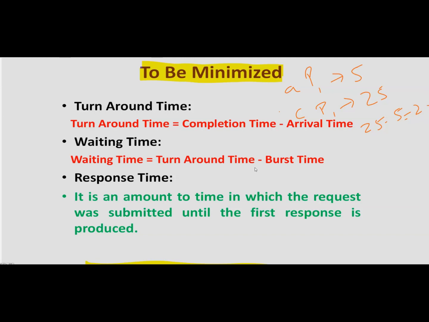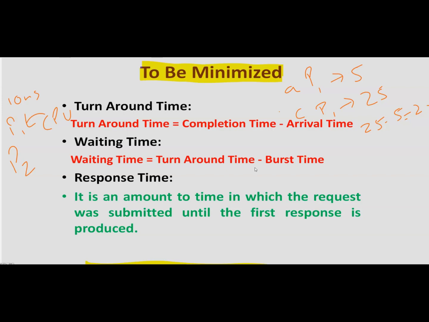Next term we are having is the waiting time. So what is this waiting time? Waiting time is the average time a process spends waiting. Let us take another example. Suppose the P1 process comes and its burst time, or execution time, is 10 milliseconds, and the CPU has been allocated to the P1 process. It means that P2, the other process, has to wait inside the ready queue for 10 milliseconds. This is called waiting time.